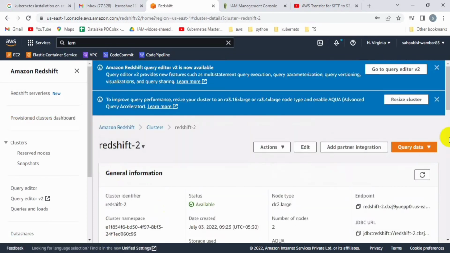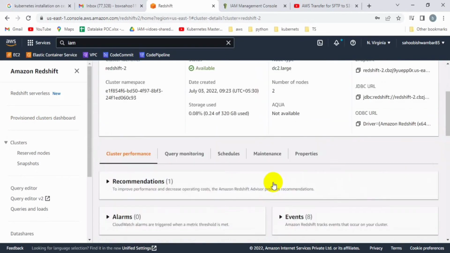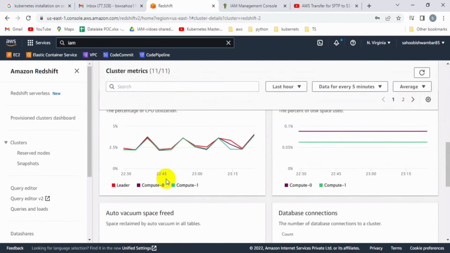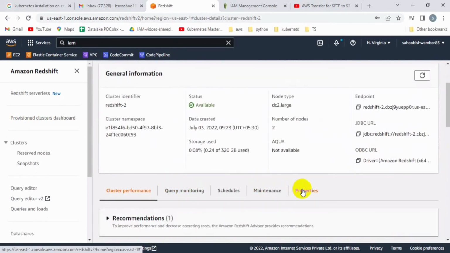Okay, and if you want to get all the details, you just need to go to the clusters, and then go to the properties, and you will get all the details. Let me show you that. You can see the monitoring of the cluster, like the usage of the cluster. And if you go to the properties,